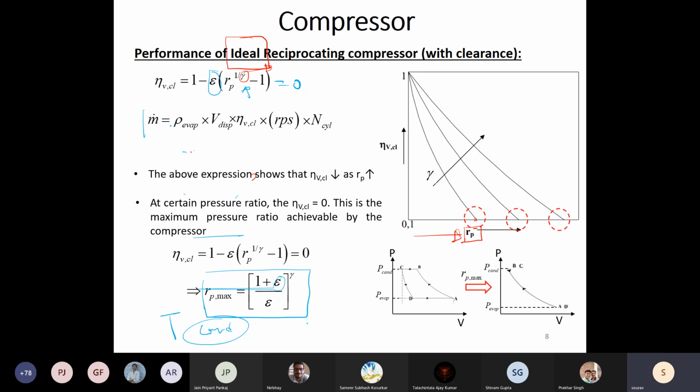So even when the ambient is at 52, if there is a 5 or 6 degree delta T between the ambient and the condenser, it will maybe operate at 58 to 60. I'm assuming some numbers, so it will depend on what is the area of the condenser available. Based on this, you will have the condensing pressure, which will depend, of course, on the refrigerant being used, divided